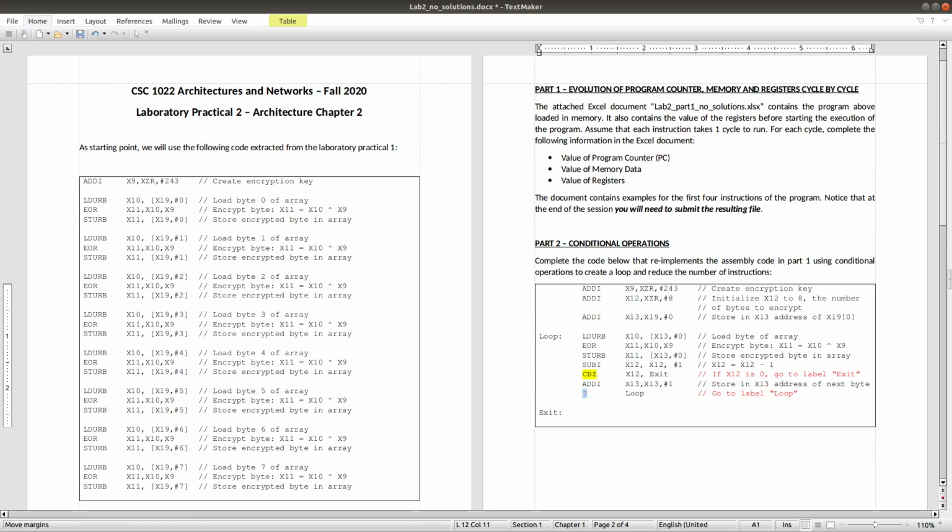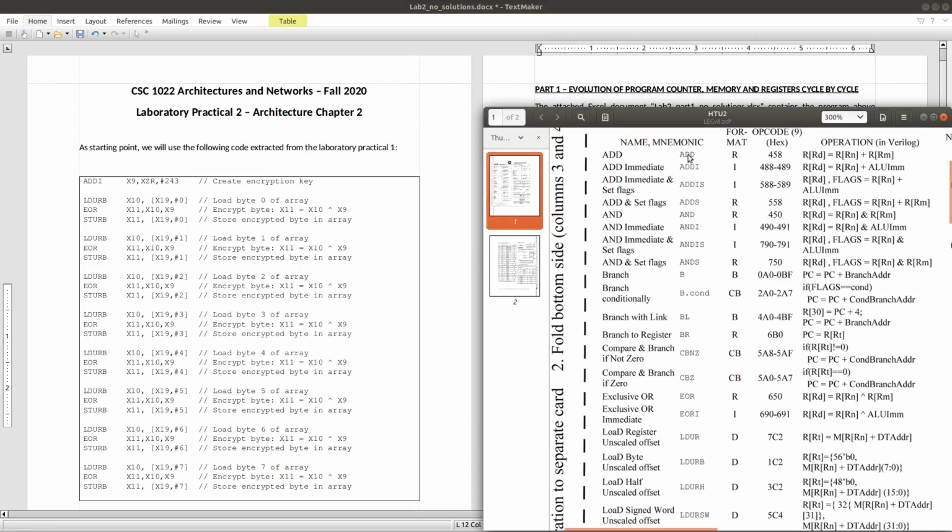And now we will look again into this reference, and we can see here a branch B. The B instruction will simply jump to the location shown by the branch address or by the label.